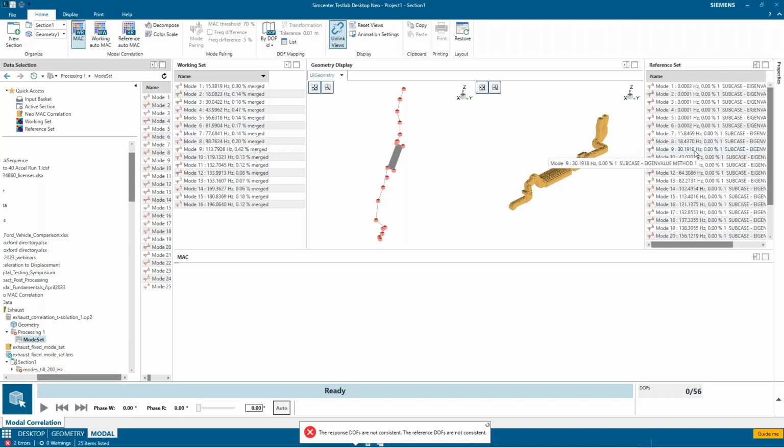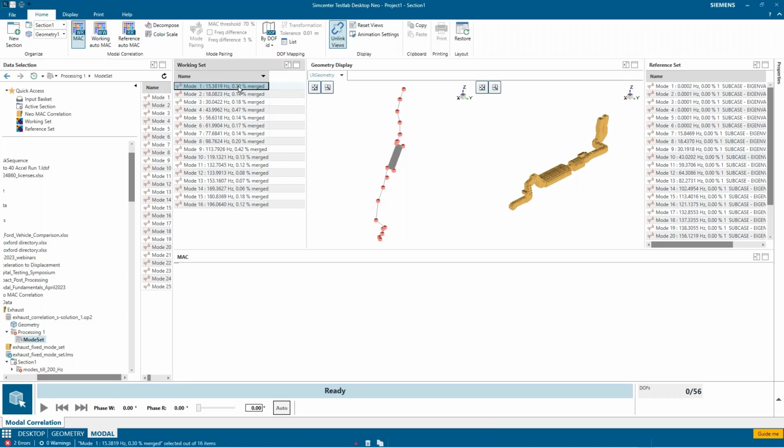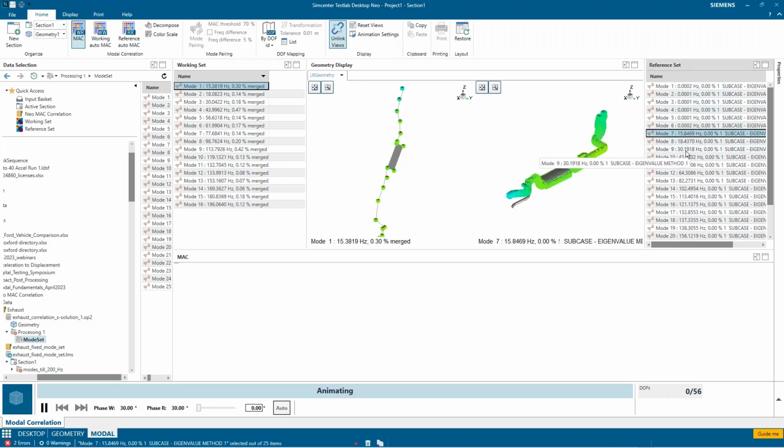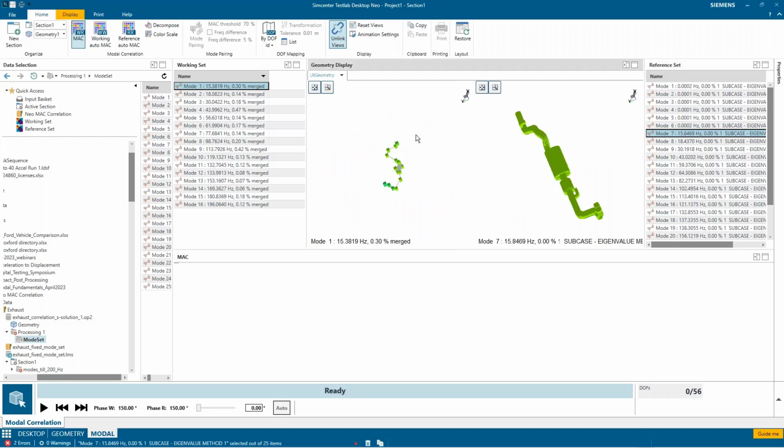And now you can see that the two geometries are different scaling and actually different orientations. The XYZ is different. I can still click through and animate these if I want. So I can animate these if I wish. And now we have to create some mapping. So let me stop this. Okay, so that way I can pick nodes. And I'm going to rotate these a little bit. Oops, I got to unlink my views.